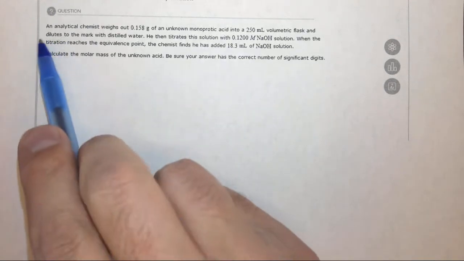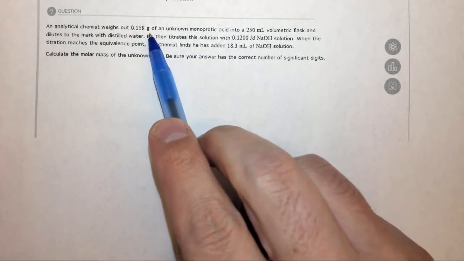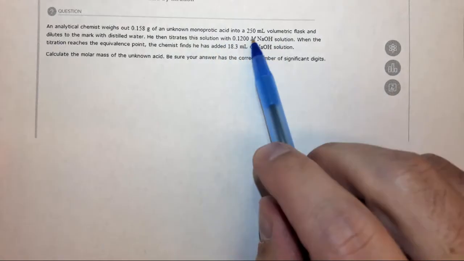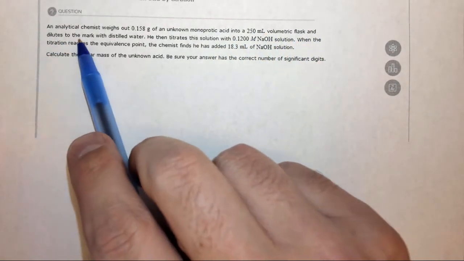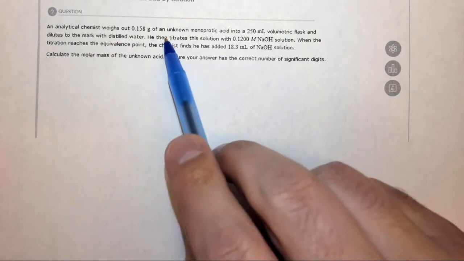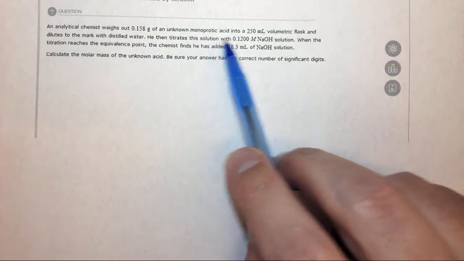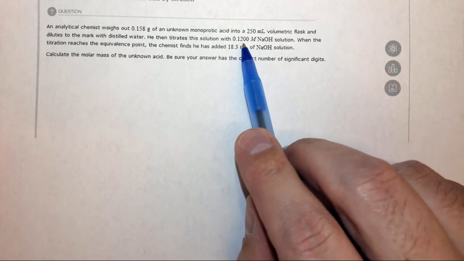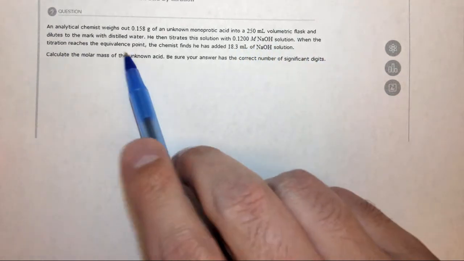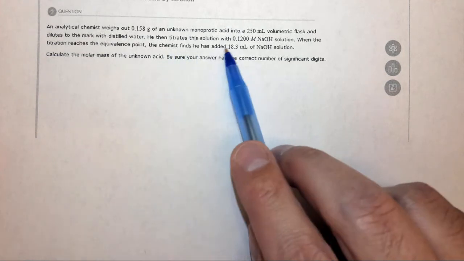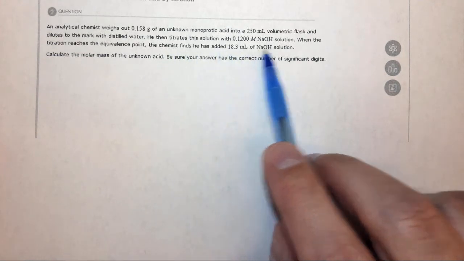This question says, an analytical chemist weighs out 0.158 grams of an unknown monoprotic acid into a 250 milliliter volumetric flask and dilutes to the mark with distilled water. He then titrates this solution, the entire solution, with 0.1200 molar NaOH solution. When the titration reaches the equivalence point, the chemist finds that he has added 18.3 milliliters